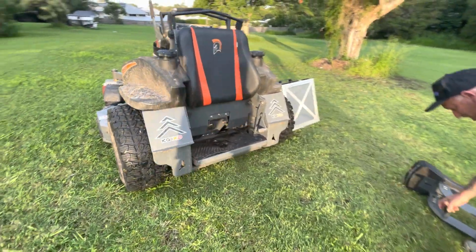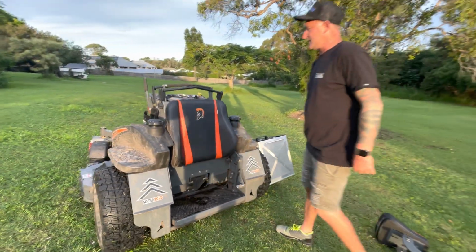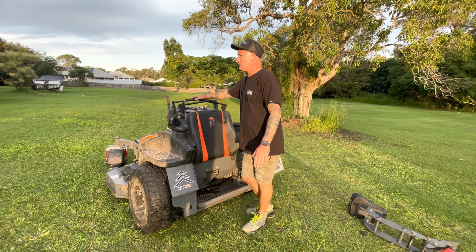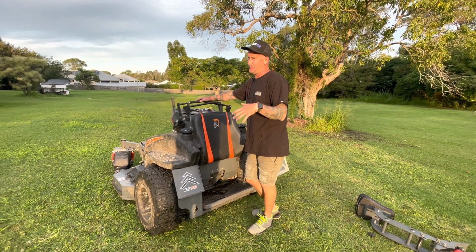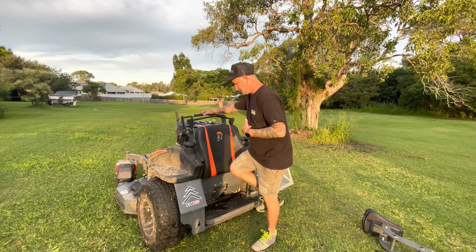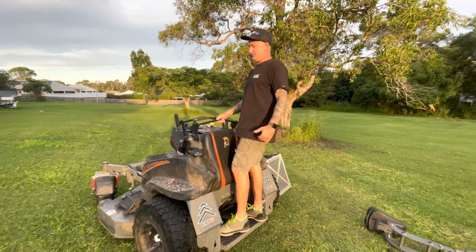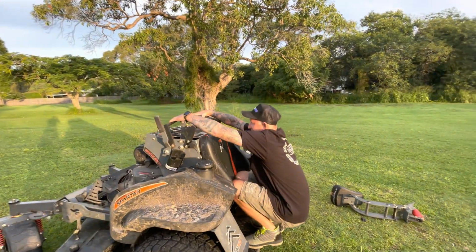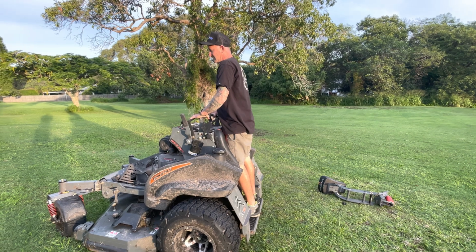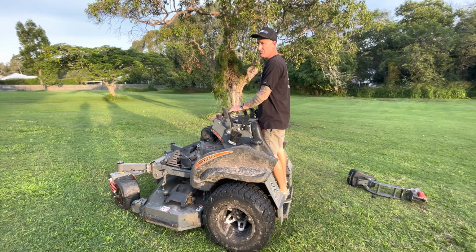Now, what I tend to do on properties is I basically have the seat on all the time. If I've got properties that have some lower lying trees, maybe hills are not that much of an issue because you can still stand. But if I've got lower hanging trees and stuff like that, I usually do remove the seat because it allows me to get down if I need to get underneath those trees. When the seat is there, it really would prevent you from doing that. So most of the time I take that off